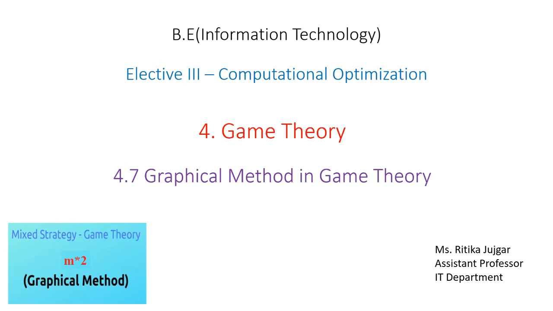Okay, so if we have a pure strategy problem, in that case we use the saddle point. An example is a two-person zero-sum game problem using a saddle point. And the other is a mixed strategy. If you have a mixed strategy type problem, in that case we are not using the saddle point. The example is a two-person zero-sum game problem without using a saddle point.